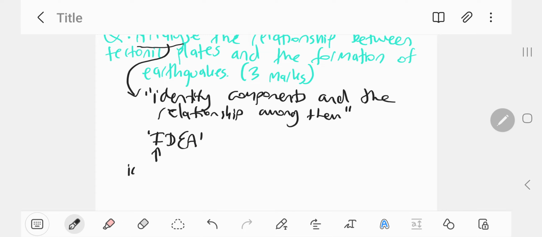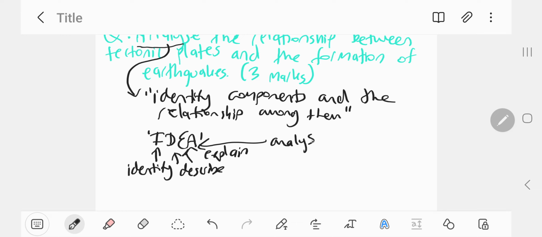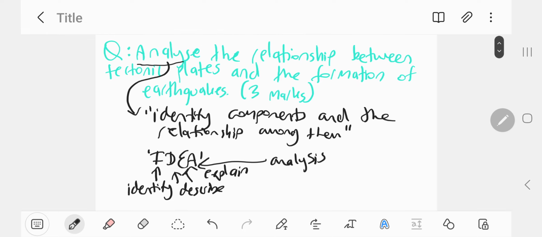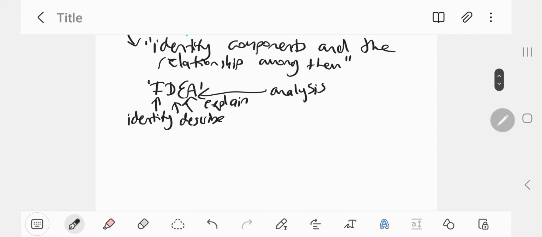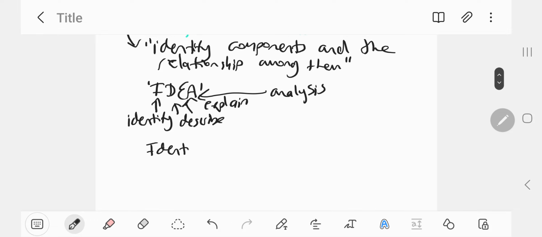So I is for identify, D is for describe, and E is for explain. Now A is at the end, and it's typically the conclusion, and it's usually a very brief 1-sentence analysis conclusion. So I'll show you how it works. Now in an exam, you probably wouldn't write identify in your response. You probably put that to the side, but it's just good to show you how it works in